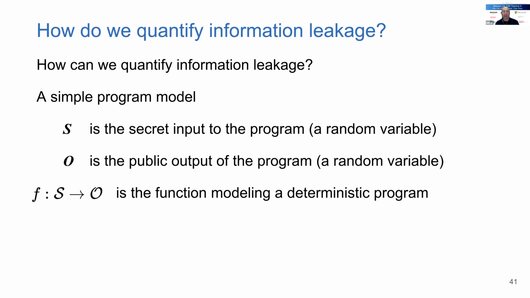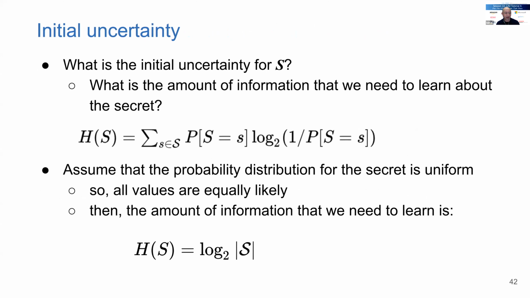So now let's talk about programs. How can we quantify information leakage? I'm going to assume a secret input and a public output of the program. Again, this could be the main channel or it could be the side channel. At this level of abstraction, I won't distinguish. The program will take a secret value and map it to an output value. The output could be something returned from the program, or it could be the execution time. I would consider that an output too. So I'm looking at a very high level.